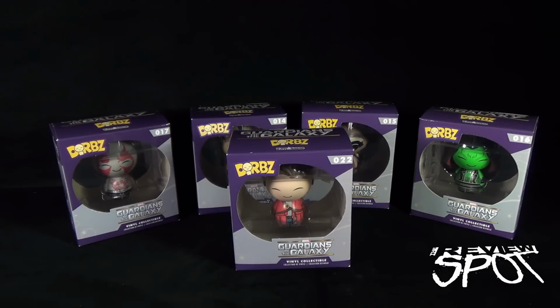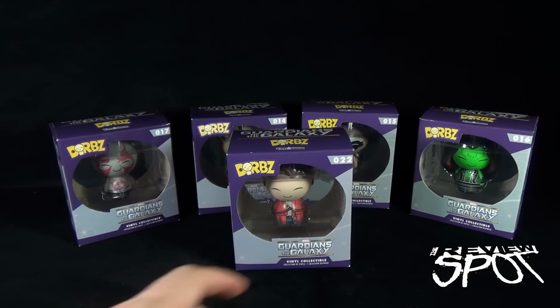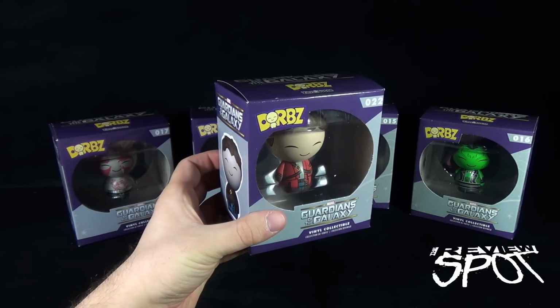Today's collectible spot, we are having a look at the Vinyl Sugar Dorbs Guardians of the Galaxy Vinyl Collectibles. A new line of vinyl figures coming to us from the folks over at Vinyl Sugar. This particular line just happens to be the Guardians of the Galaxy, and Spot decided to do them all in one go. As they are a team after all, it makes sense to have them all as one review. They are also a smaller piece too, so I thought it was probably good to have them all in